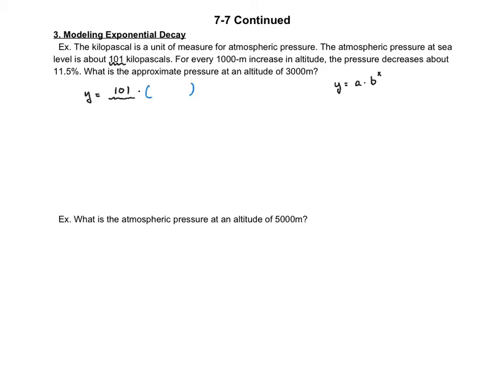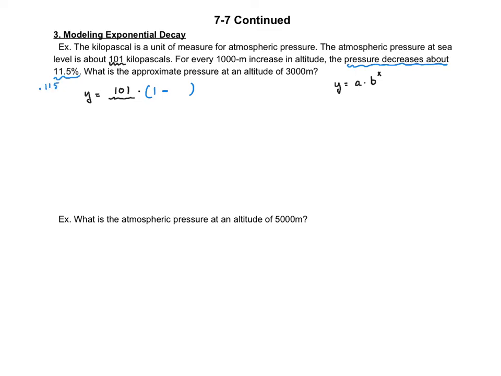And the base they have given me is, well, pressure decreases about 11.5%. Okay, so we have 1, and since it decreases, we're not adding to it. We're going to be decaying and taking away. That is going to be minus 11.5%, which is going to be equal to